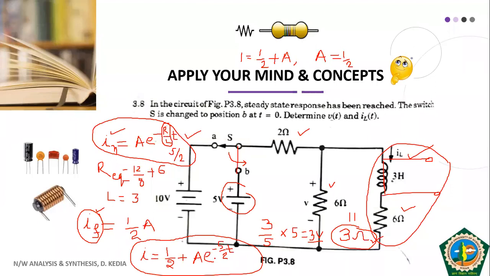So if you do that, it comes out to be I is equal to 1 by 2, 1 plus e raised to power minus 5 by 2t. So dear students, we have come across the value of A as 1 by 2, and if we substitute the value of 1 by 2, the answer comes out to be I is equal to 1 by 2 plus 1 by 2 e raised to power minus 5 by 2t. Okay. So now let us move to the second portion of this numerical.